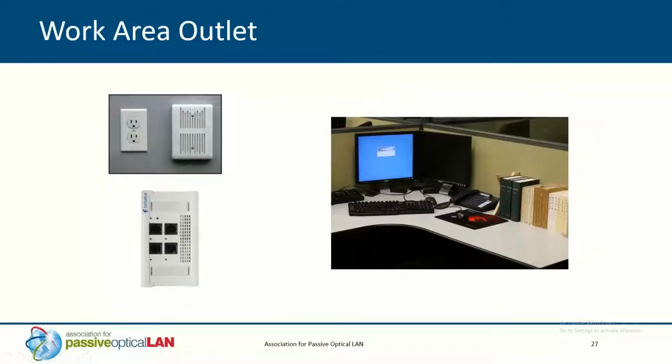So the wall outlet type ONTs, many of the furniture vendors still have single gang boxes that you can mount ONTs up to very easily, right? So you'll still have your short Cat5, Cat6 cables running to the desktop or phone or whatever other stuff you've got on your desk. And it can be a kind of slick way of hiding the ONTs. So again, adding to the flexibility. Next slide.